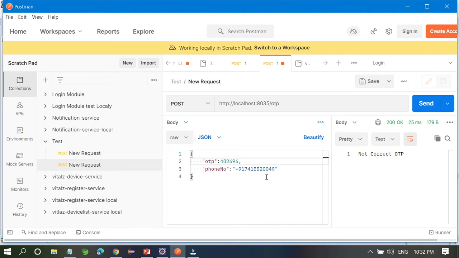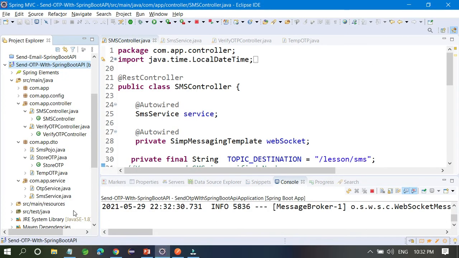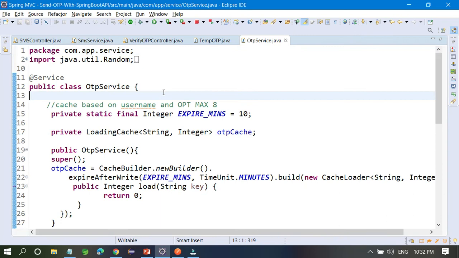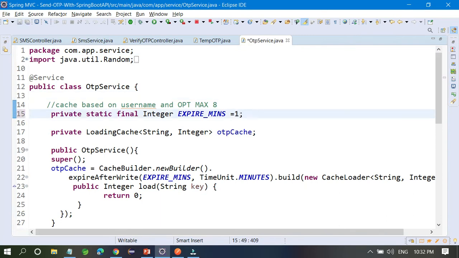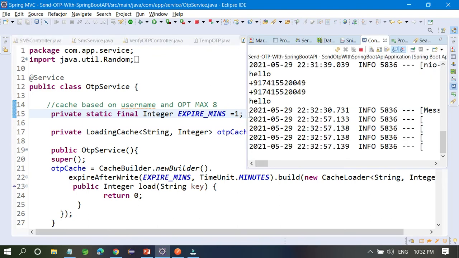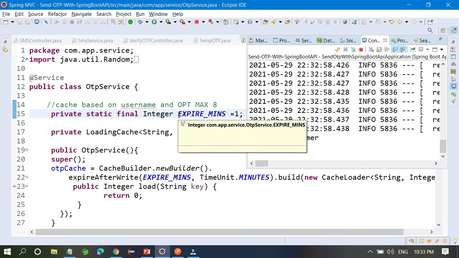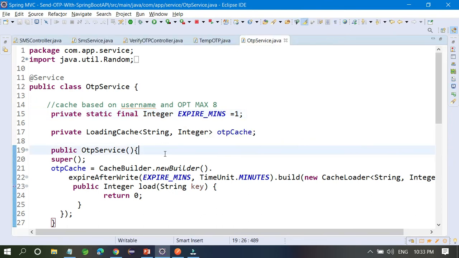So in this whole project, you understood how to store the OTP on the server side. And I have a special class. This is one of the most important classes. If you want to test 1 minute, you can do it also, no problem. Your OTP expires in 1 minute. You are not able to log in after 1 minute.